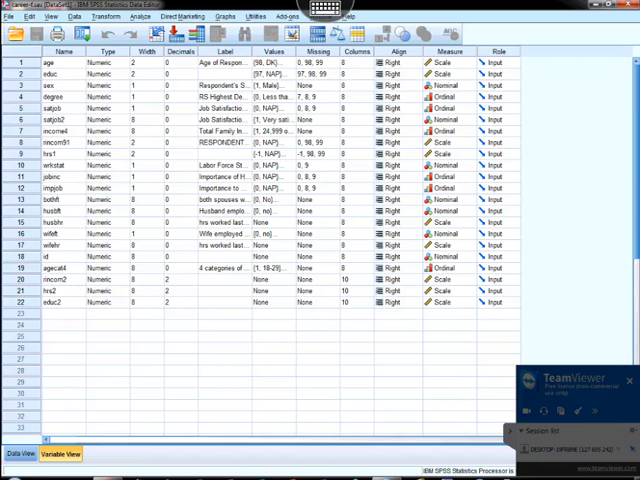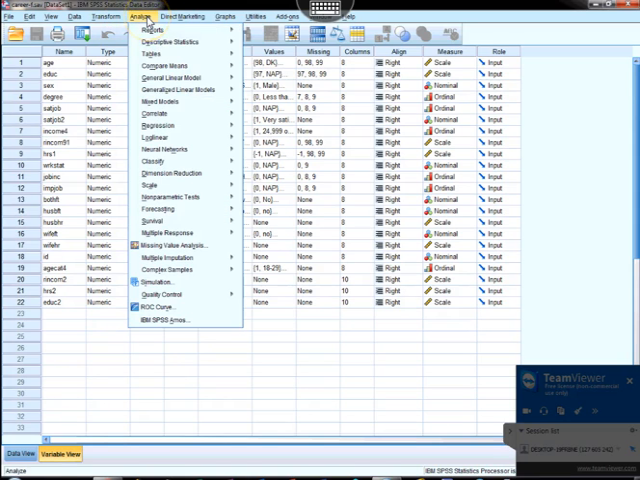This video is going to go over the multivariate analysis of variance, or MANOVA, and this corresponds to Chapter 6 in our textbook by Mertler and Reinhart. So the first thing we're going to do is go to Analyze, come down to General Linear Model, and then